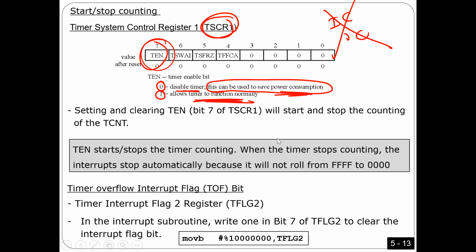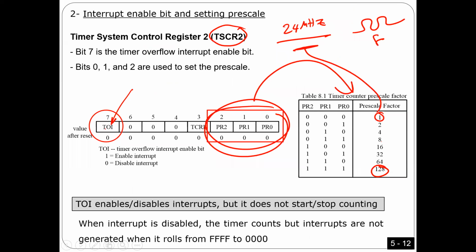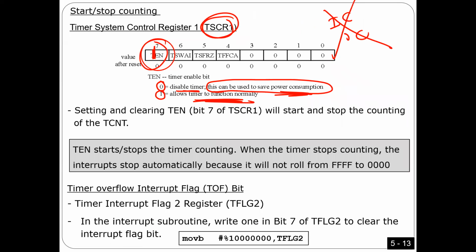So anyway, normally if you want to use the timer, you have to put 1 here in order to count. Normally, you have to put 1 here to enable the interrupts. You have to put a certain value here that reflects the speed of the counting. That's just very easy. What else do you have here? Yes, we have the flag bit. I told you for any register, we have to explain the flag bit. So this is the flag bit as you see here. In the interrupt subroutine, in this register here, you have to write 1. You have to use this one in the interrupt subroutine to clear the flag bit as we did before.